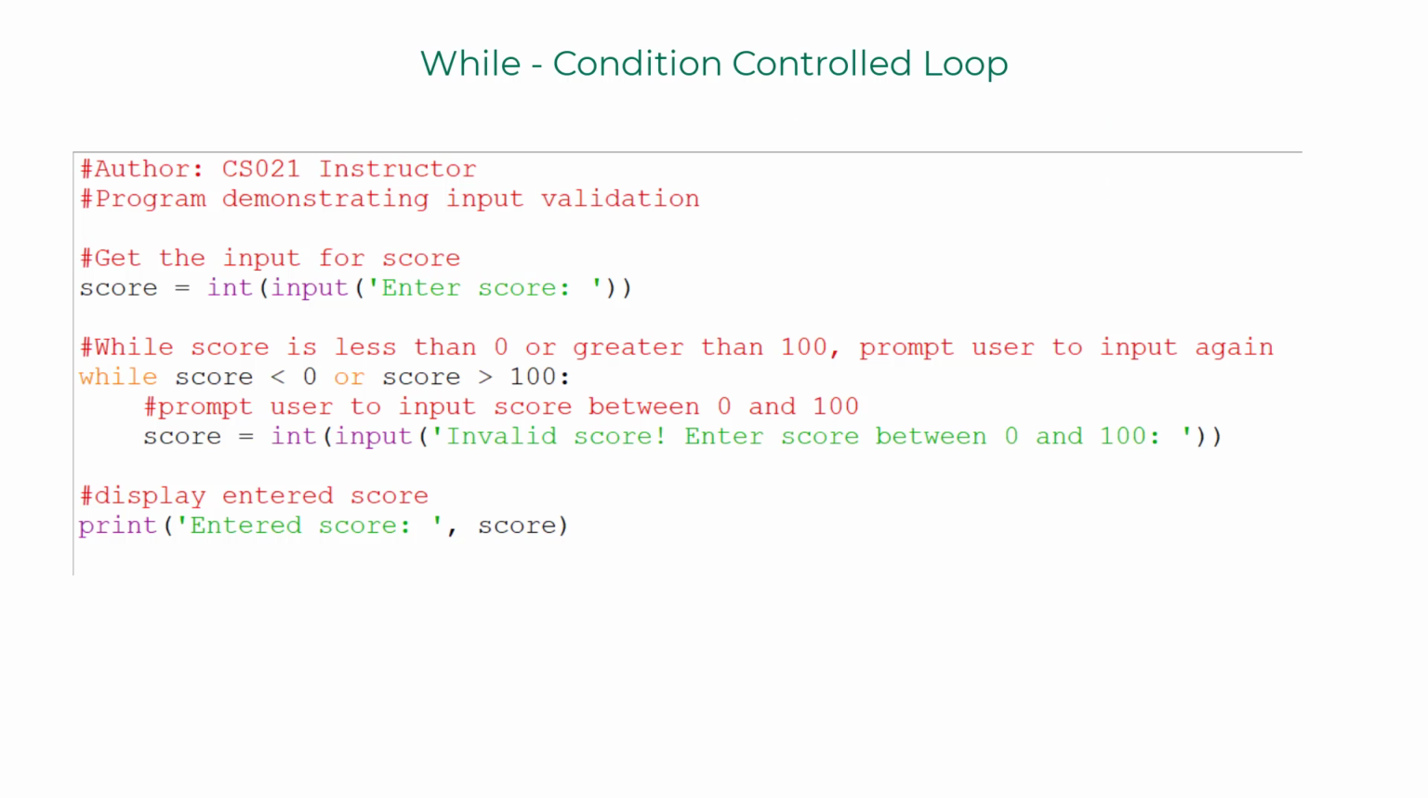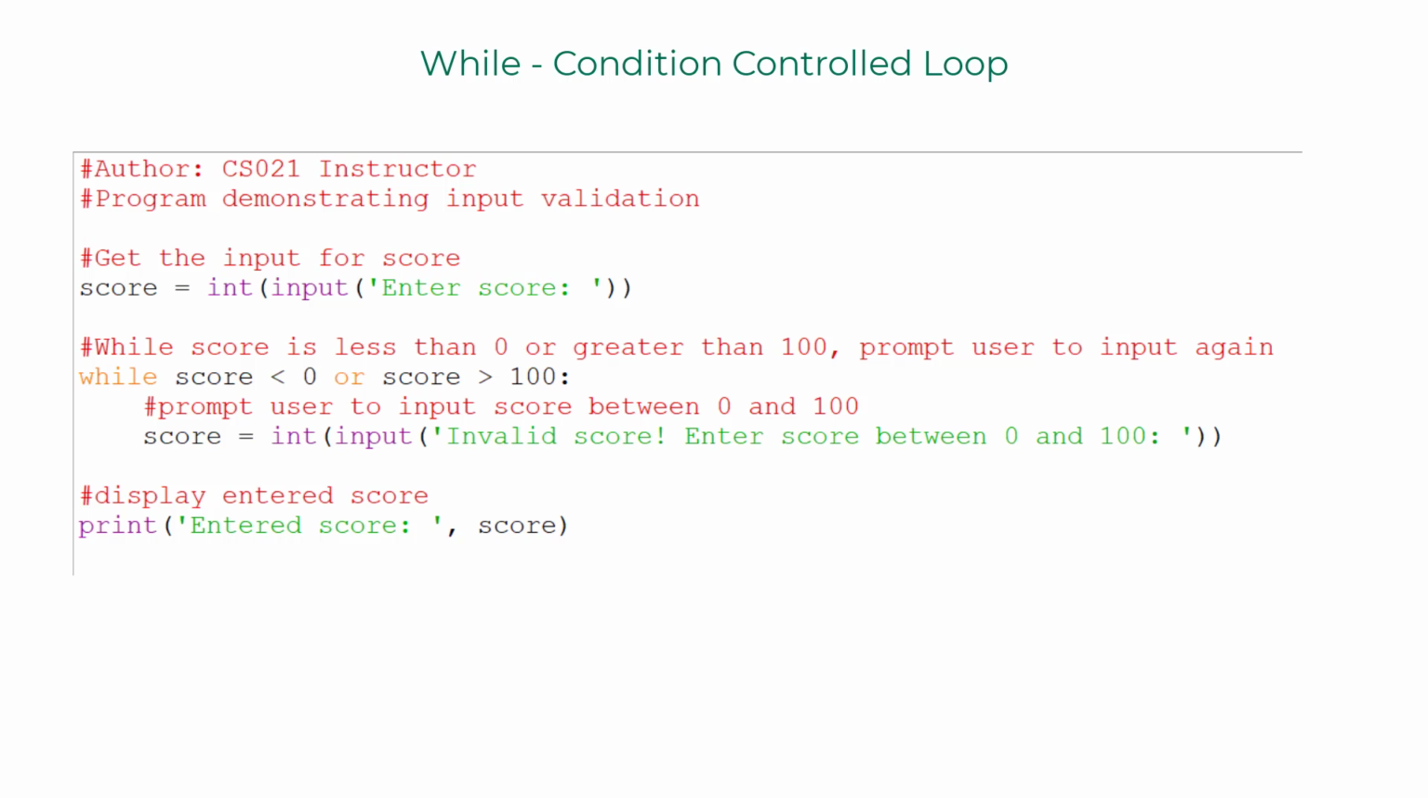Moving on to the compound Boolean expression in while statement, score less than 0 would be true. Score greater than 100 would be false. As one of the Boolean expressions is true, OR operator would result in true. The program enters the scope of while loop, where it prompts the user to input a valid score between 0